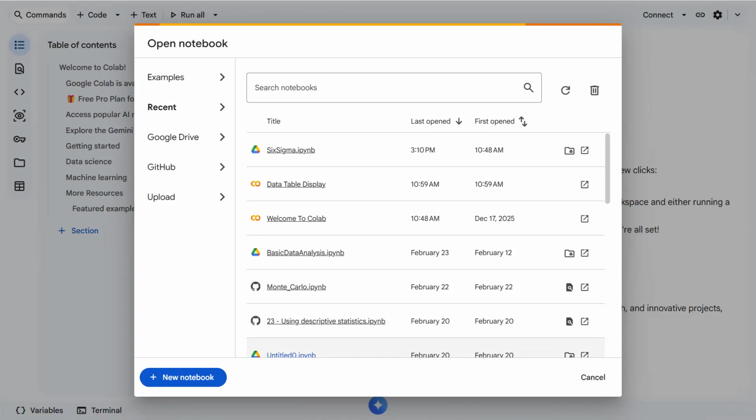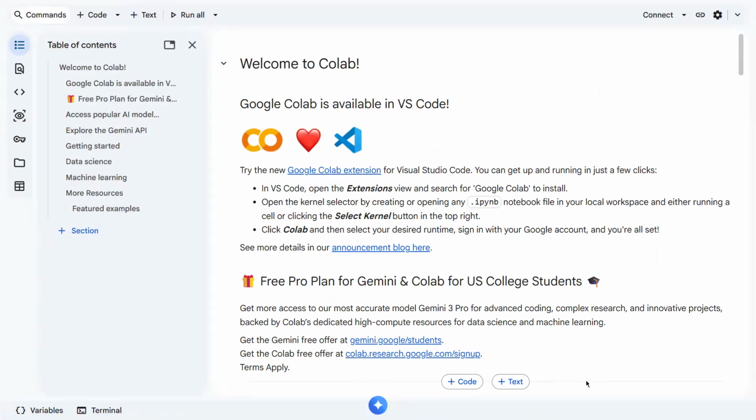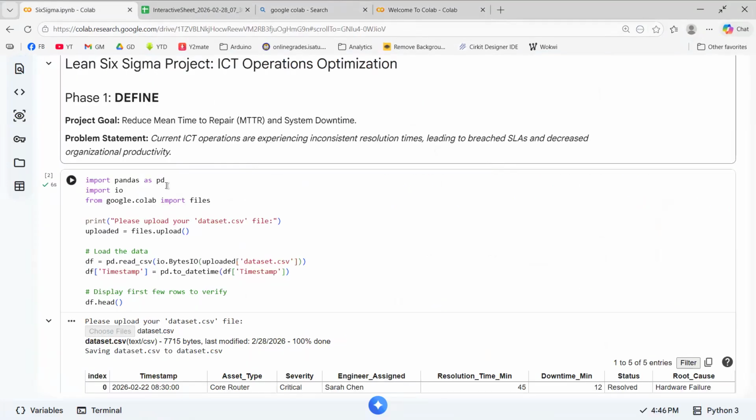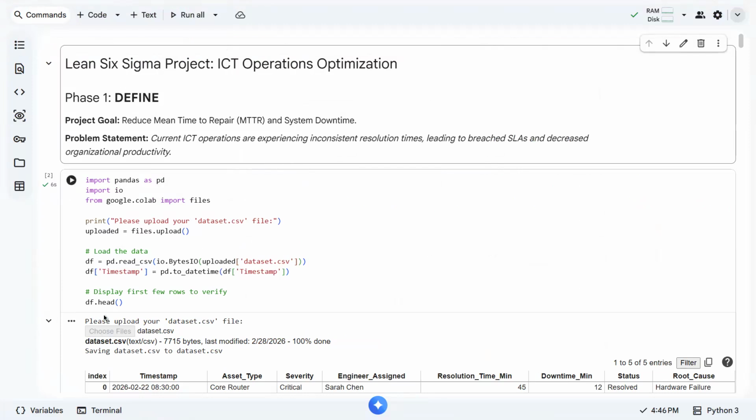If you are going to create a new notebook, just click this one, or if you have an existing one, you can just select it. Right now I already have my notebook open, so I just cancel this one and go back to our existing notebook, which I already designed so we can go smoothly throughout this demo.